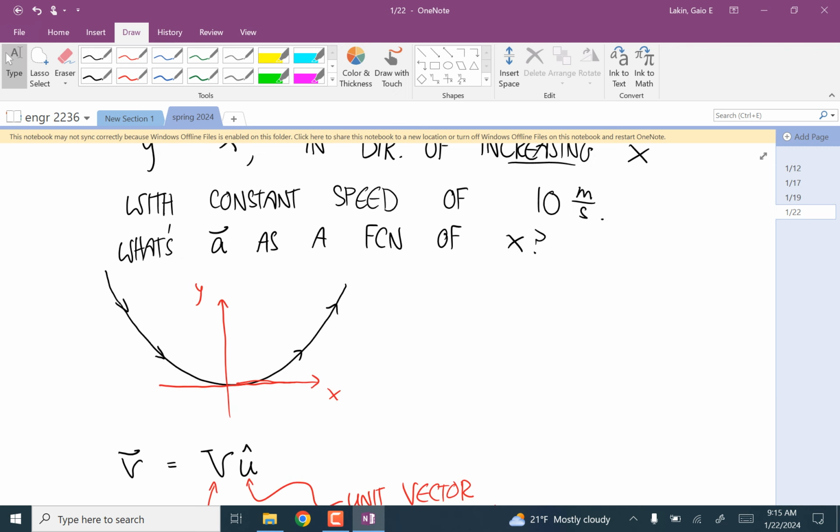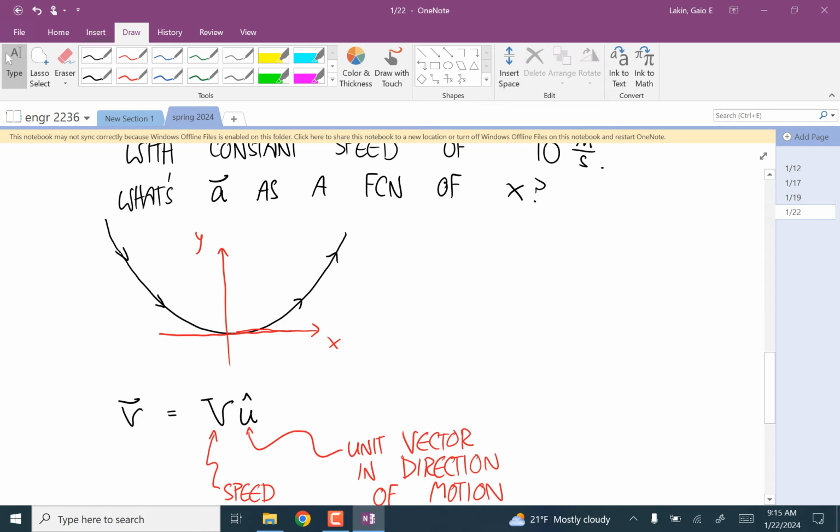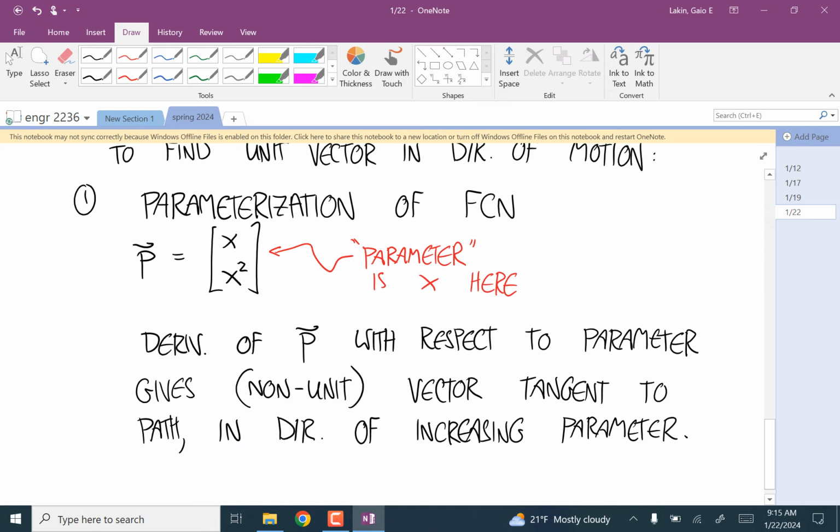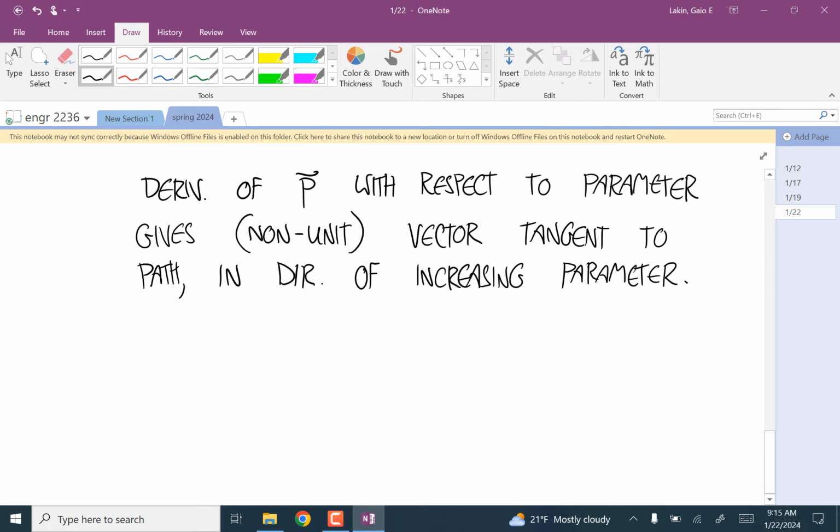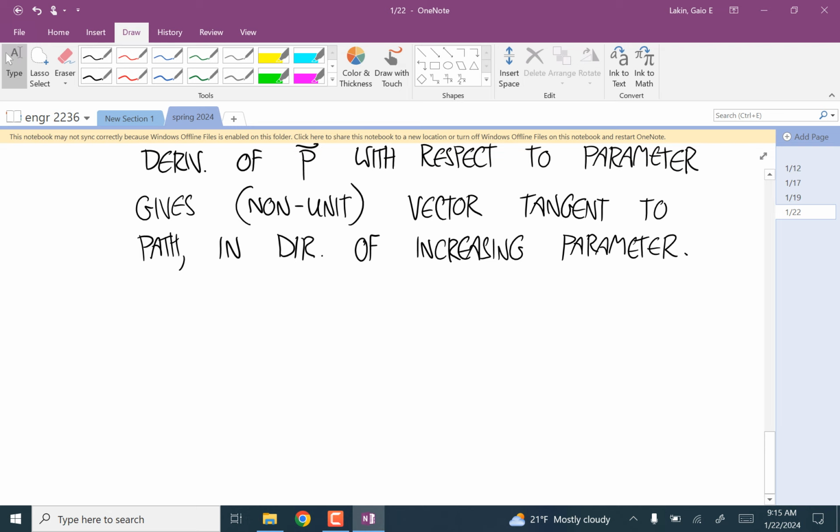The problem could have just as well said this thing is moving with a constant speed in the direction of decreasing x. Then it would be going the opposite direction. And all you'd have to do in that case is when you take your derivative of the position with respect to the parameter, just multiply everything by -1 at the end and it switches the direction. Okay, so we'll do an example like that too, but